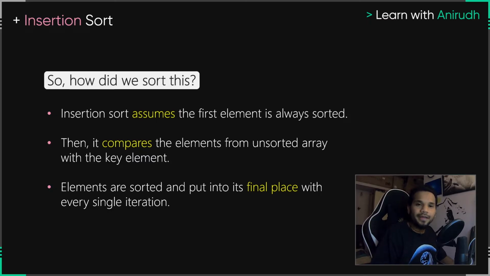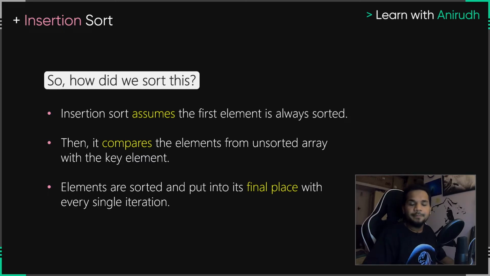And if a swap is required, swap it, add it to the left. And again, make a comparison there. Keep doing this until your unsorted array is empty and your sorted array is full. Because once your sorted array is full and your unsorted array is basically empty, it means that every single element is sitting in its final position. Correct? Just rewind the video and watch this again. If you missed any single step, it is actually super simple.